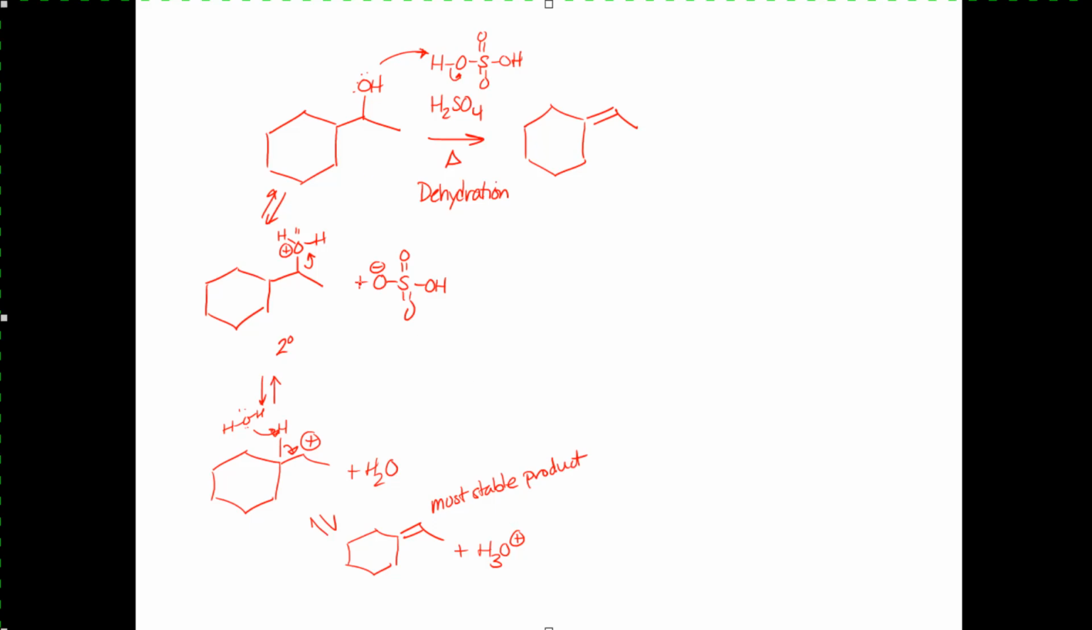What mechanism is this overall? Well, since it involves a carbocation, the overall mechanism here would be considered E1. Right? I'm forming a double bond. It's elimination through a carbocation intermediate. It's E1. So I'm going to form the most substituted double bond. Okay? That's great. But